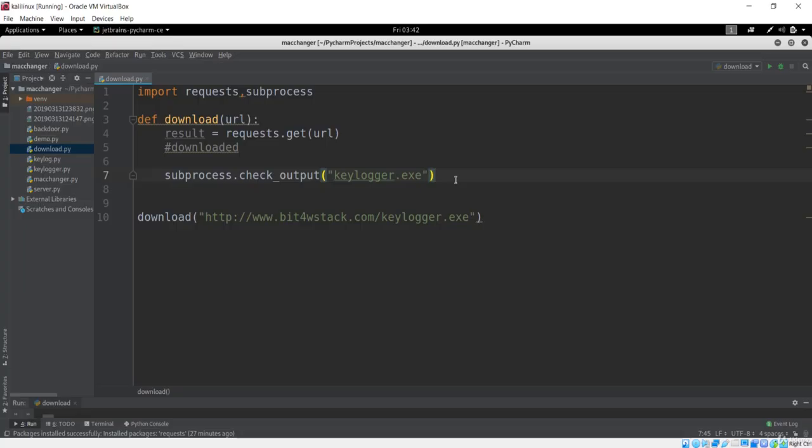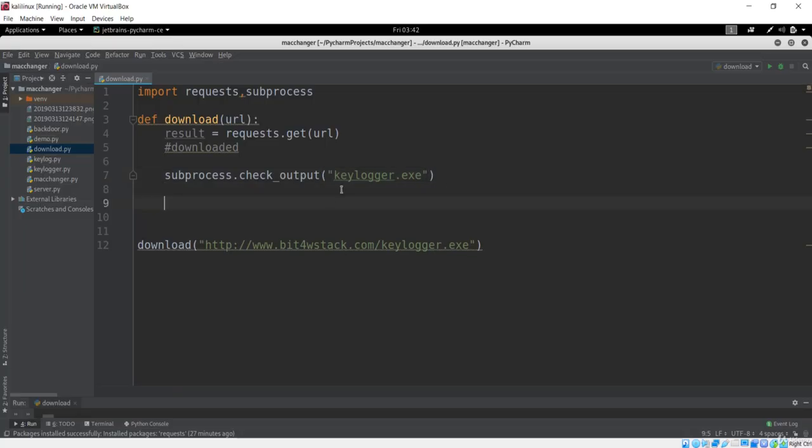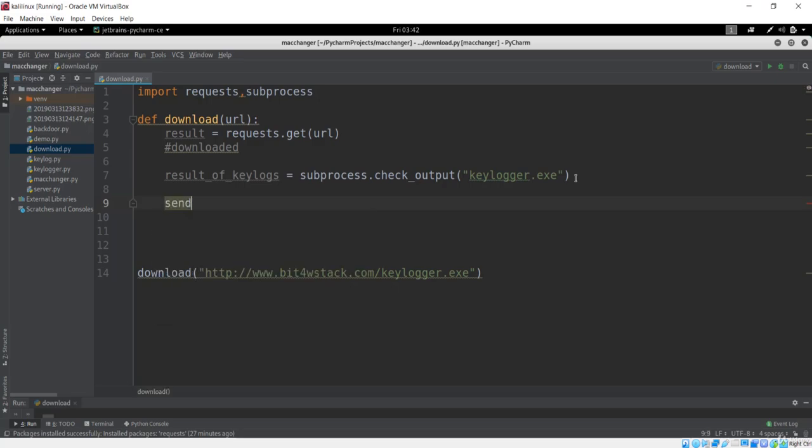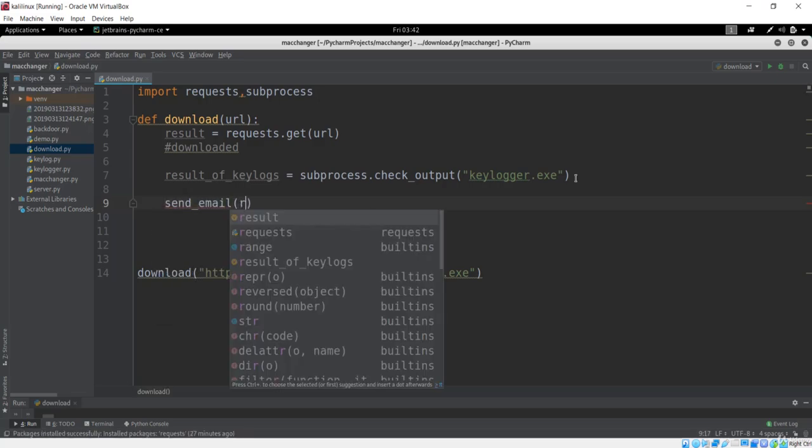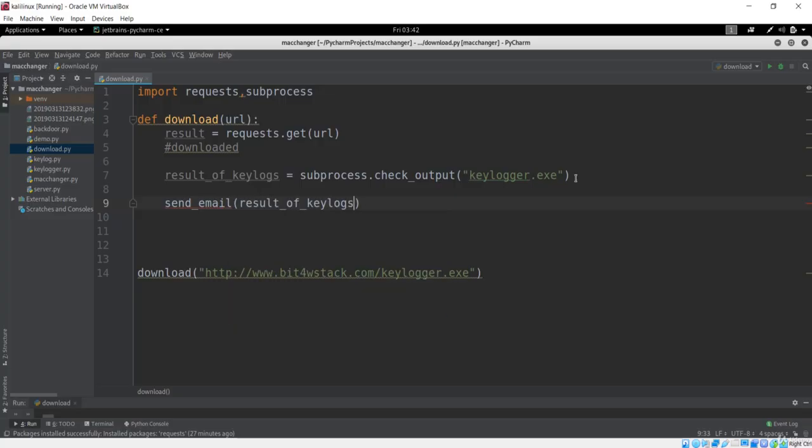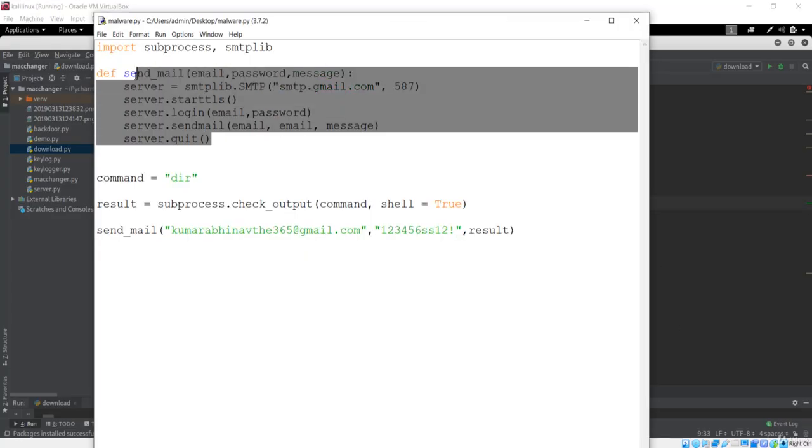Then, because we have the keylogger, we can get the result of the keylogs, since we are executing this keylogger. Now we'll get the keylogs, and that can be sent to the email. We have seen that sending an email is easy using the send mail method, which we saw before.